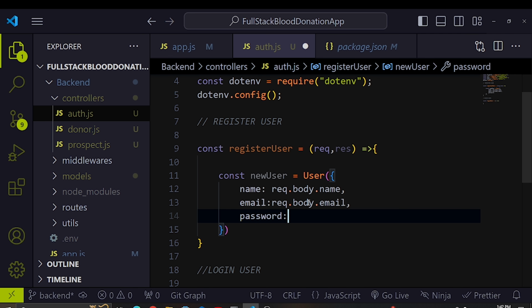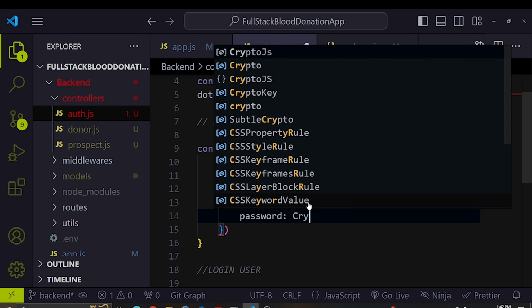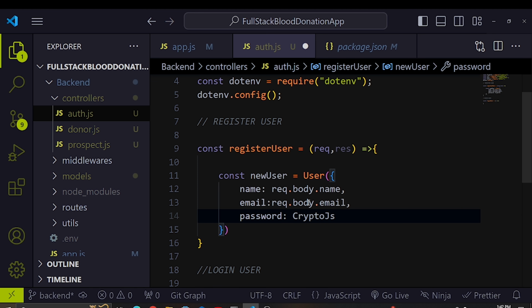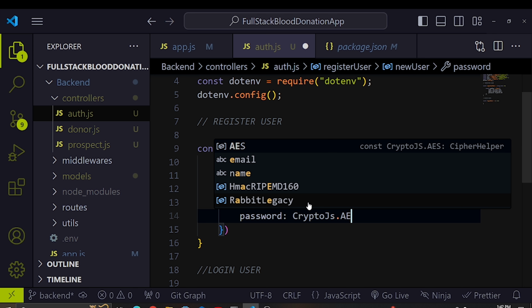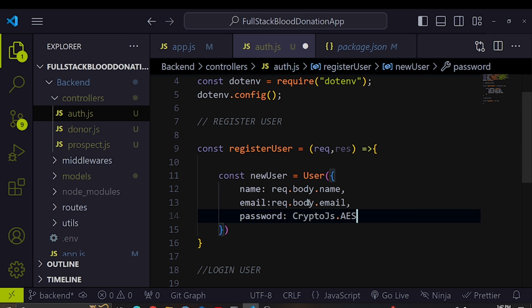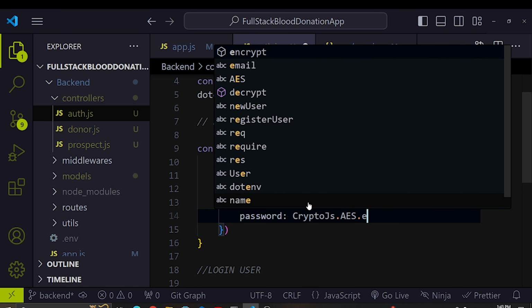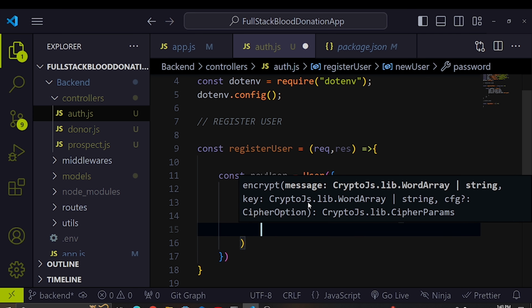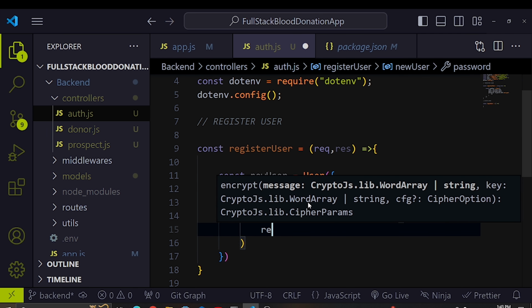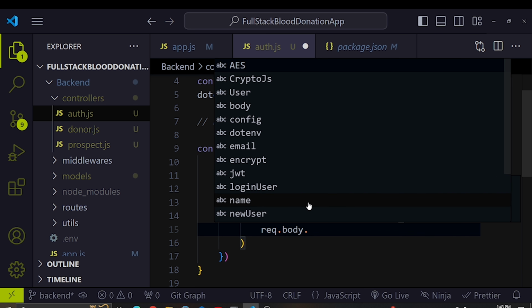For the password, we are going to first of all make sure that we encrypt our password, and we are going to use this package that is called crypto.js. And for crypto.js here you can use different algorithms. In our case we are going to use crypto.js, and also we are going to use an algorithm that is called AES, and I'm going to encrypt now using that algorithm. And inside here we need to pass in the password. So our password, we are going to send it using request.body and then password